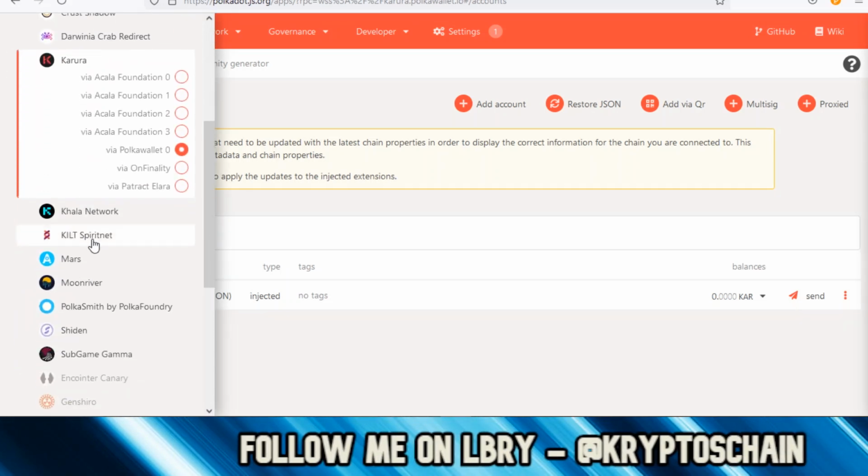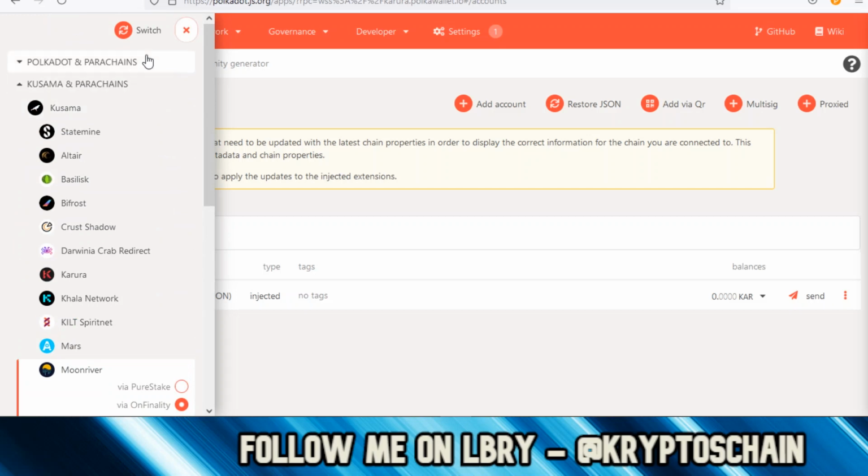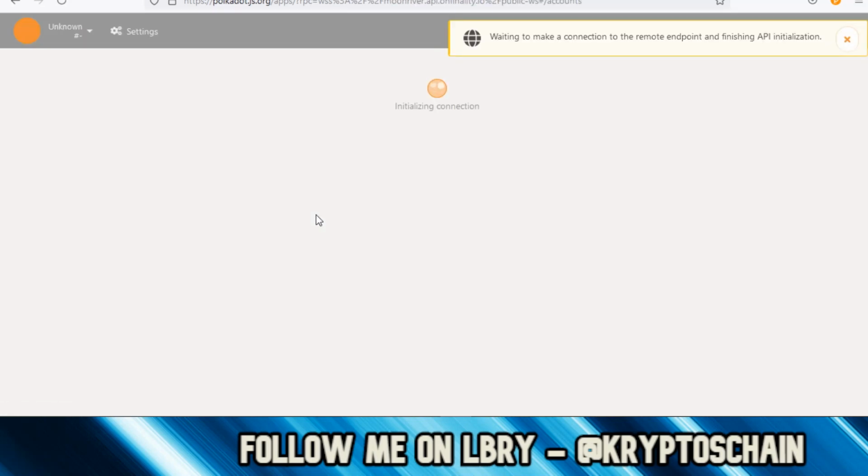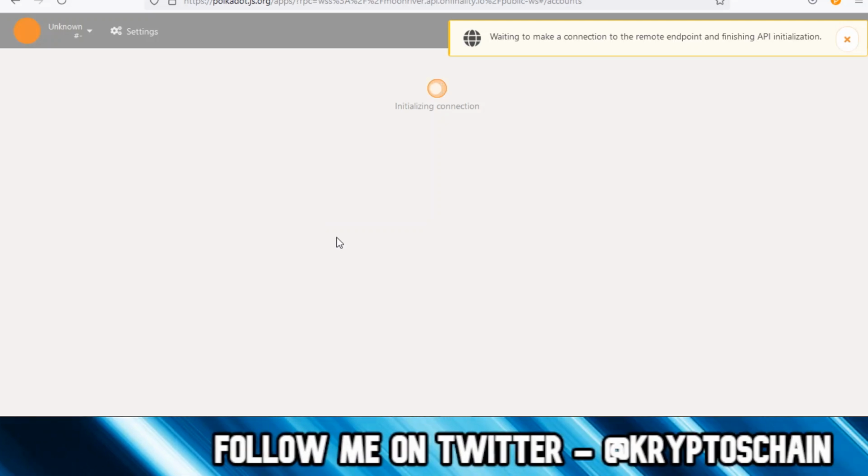But actually what I want to talk about is Moonriver. Moonriver is the odd one in the group, because it doesn't have a substrate-based public address. It has an Ethereum-type address, and this is why we have to go to MetaMask and create that network, which shares that Ethereum address. And this is why we have to map our Kusama contribution address to our Ethereum address